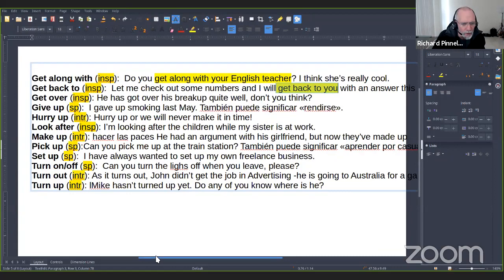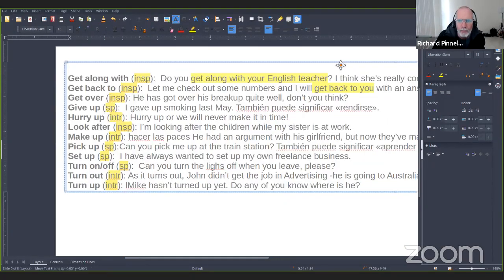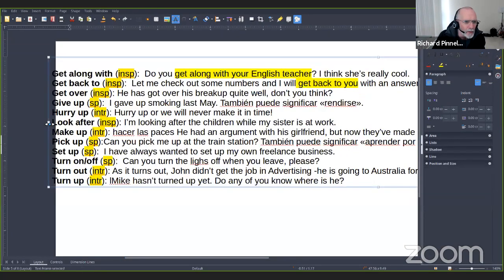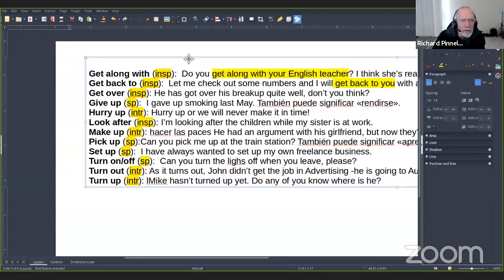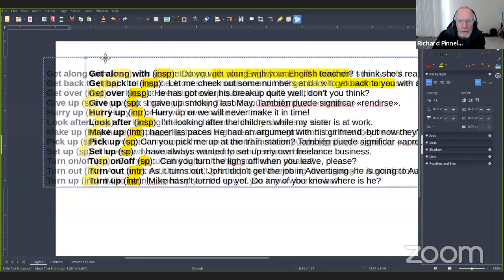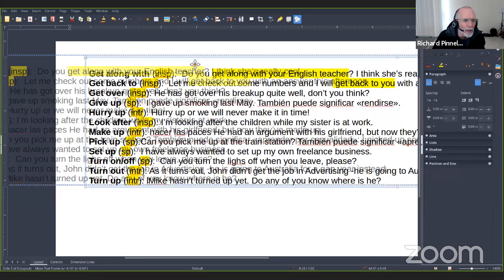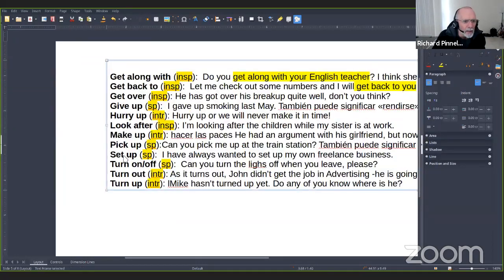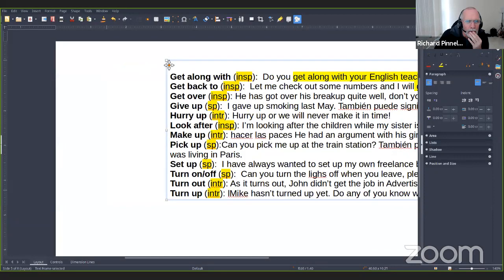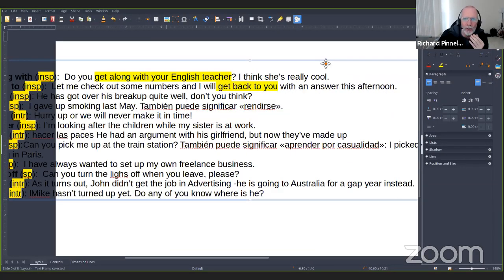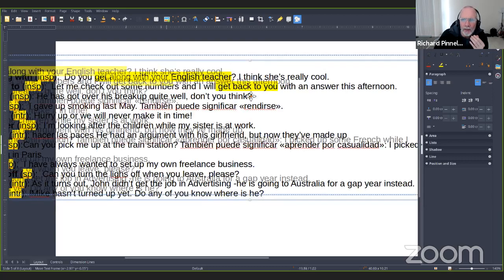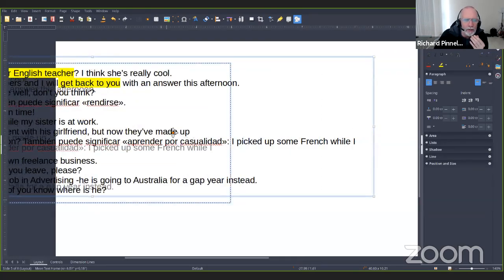Hold on, because this has gone off the page. Let's just see if I can move this. It's too long. Hold on 1 second. Let's change something here. It's still too long. It's too big. It doesn't fit on the page.